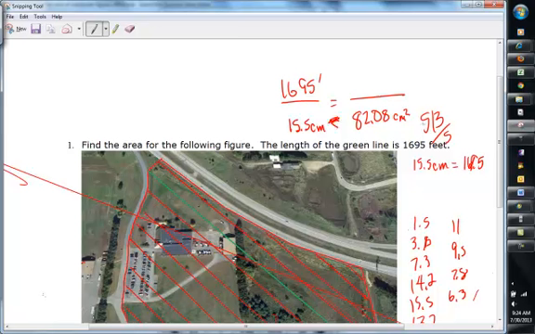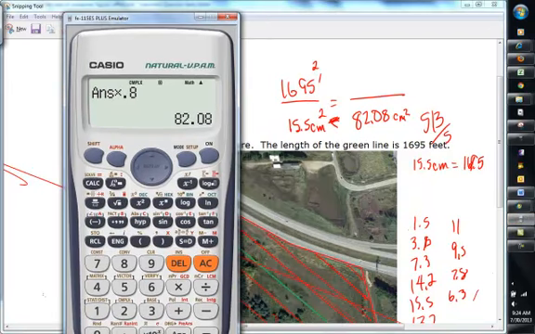So I think what I'm going to do is take the square of both of these when I solve my proportion. So I'm going to have a fraction, and it's going to be 82.08 times 1,695 squared over 15.5 squared, and I get